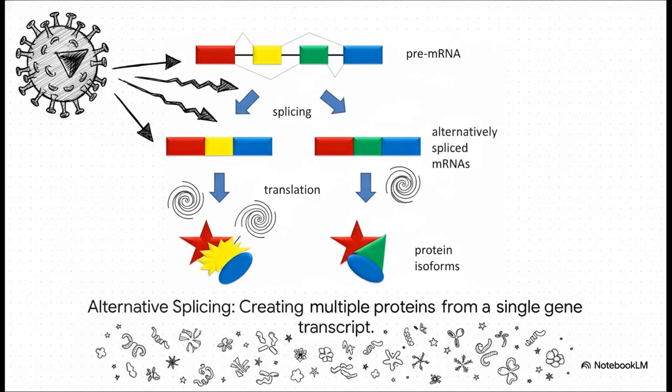HIV doesn't invent some brand new process, it just hijacks one that our cells already use all the time, alternative splicing. By using its own regulatory proteins, like TAT and REV, it can influence which exons are included or excluded from the final mRNA transcript. It basically conducts the host splicing machinery like an orchestra, telling it to produce this enormous diversity of viral products from a single genetic template. It's not just using the system, it's directing it.